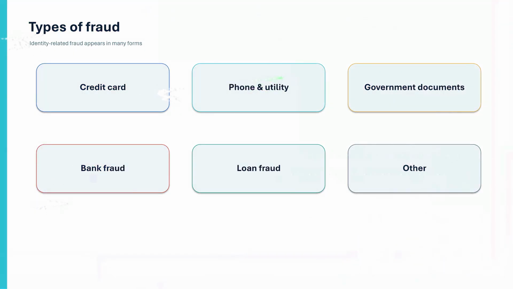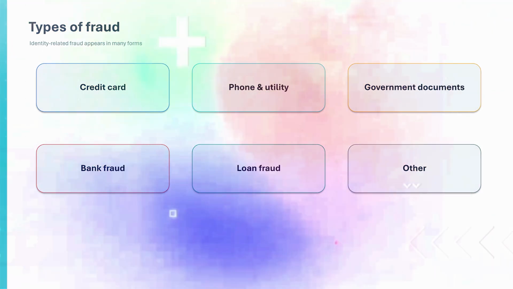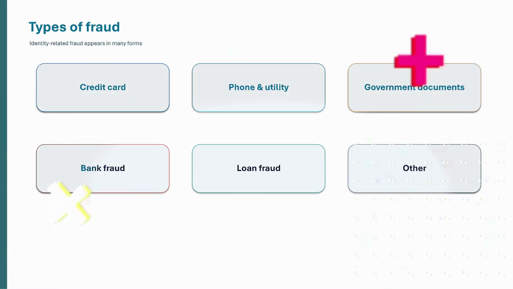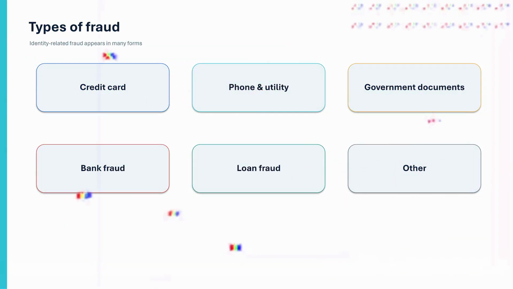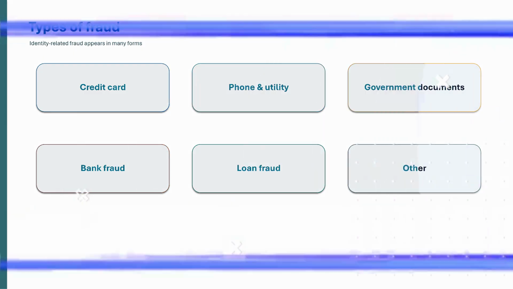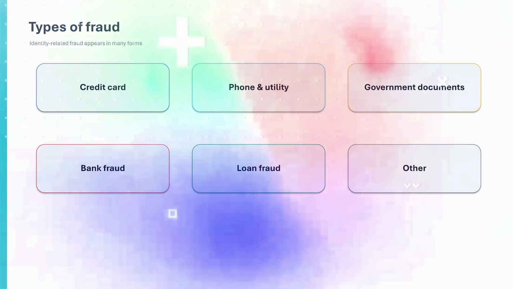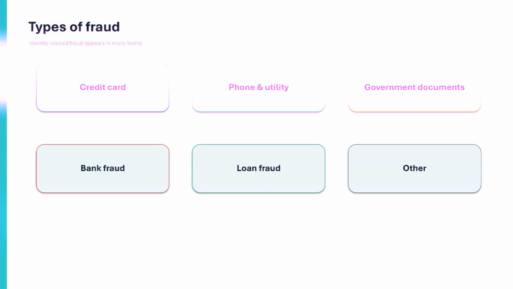Fraud can target credit cards, bank accounts, loans, government documents, phone lines, and utilities. The common thread is that the criminal creates a false transaction or impersonates a legitimate person. In business, a fake invoice sent from a lookalike supplier email address can trick an organization into transferring funds directly to a criminal. This is known as business email compromise. Always verify any request to change payment or bank details using a secondary known contact channel.